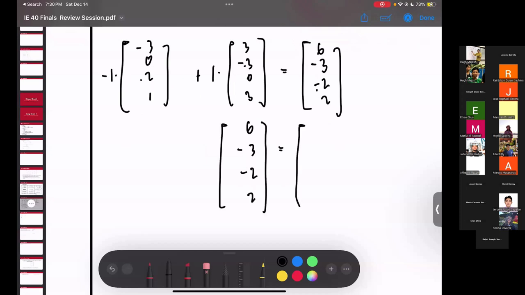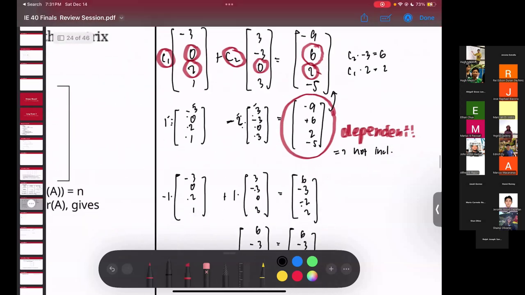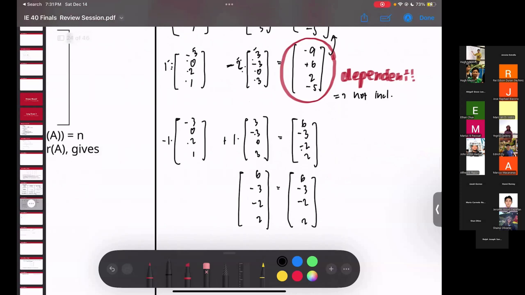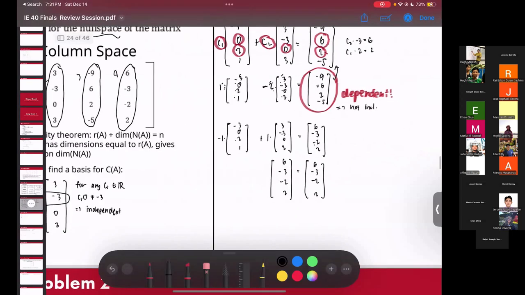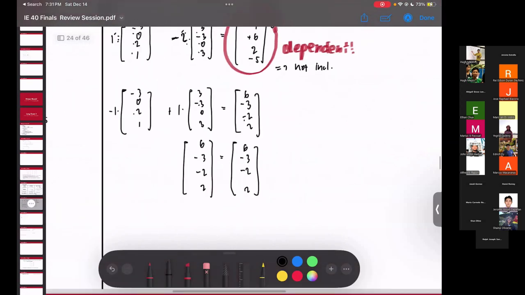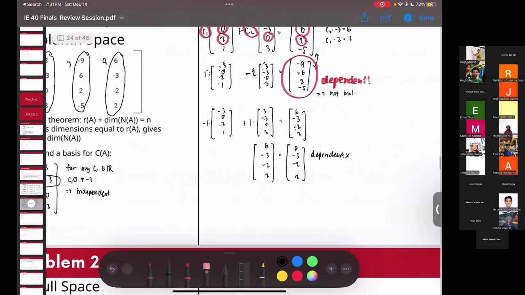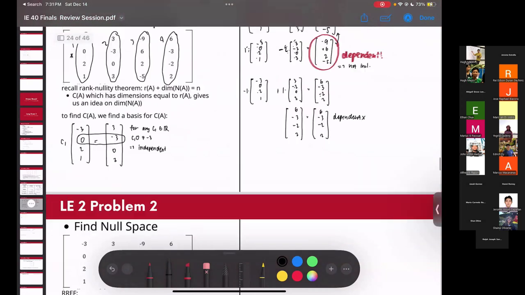Okay. So same thing happened. We were able to prove na similar lang sila. Right? We were able to get, quote unquote, get to the fourth, to vector 4 using the first two vectors. So ulit, it is dependent. So it is not included in the basis. So overall, what this means is that our column space